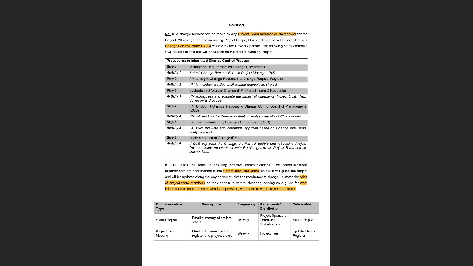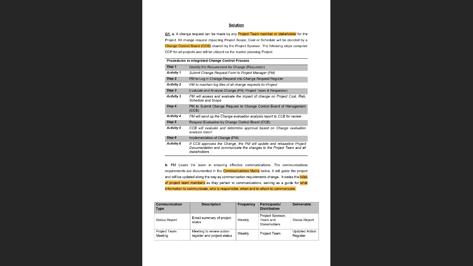The project manager will then evaluate how this request is going to impact the project in terms of cost, what kind of risk it will pose, and how it is going to impact the schedule and the scope of the project. Based on his or her evaluation, the project manager will prepare a written report.